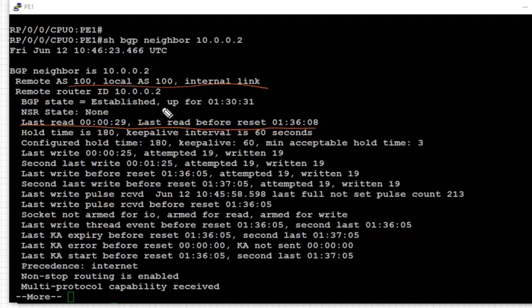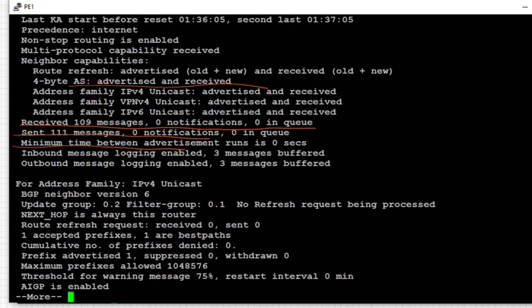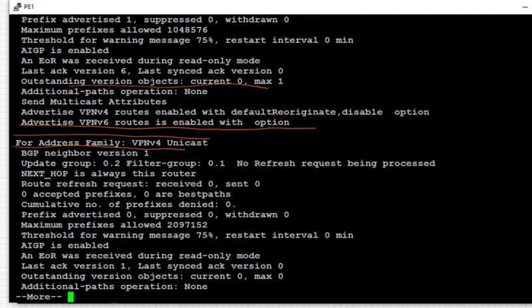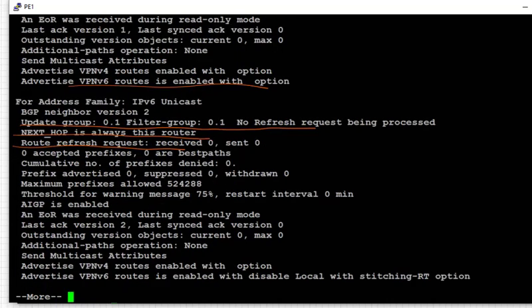In this output we can look at the last reset, hold times, configured hold times, keepalives and timers, and so on. You can also take a look at the address family information, which address families are configured, which capabilities are configured, and so on.